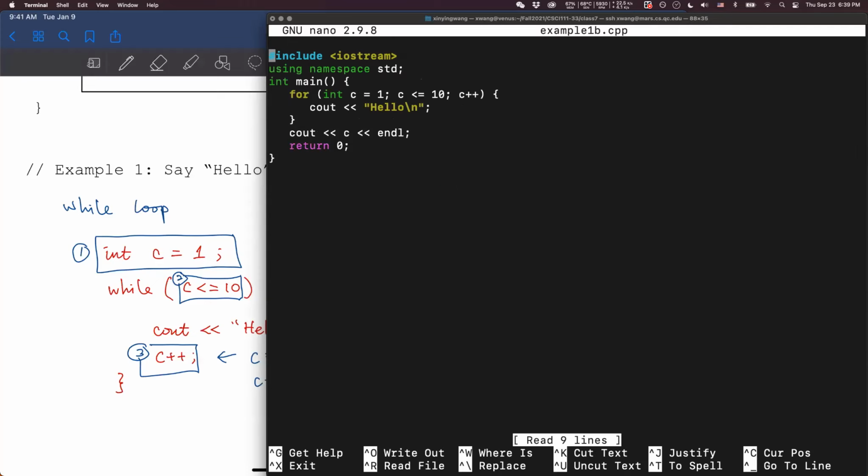So an easy fix will be, you can just go to the code, and instead of declaring the variable inside the for loop, we'll just declare it outside. And in the for loop, you can just assign the variable C equals to 1. Now when we run it,